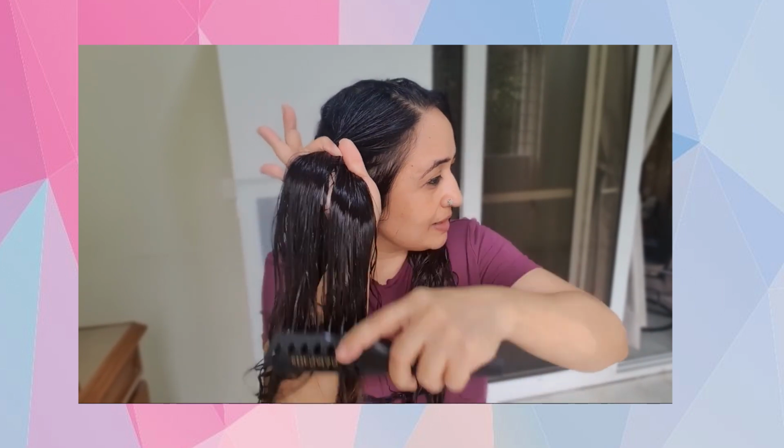It definitely takes out the tangles. And then I shake it up. I think this works really well, shaking up your hair so it forms its natural wave. I don't have the patience to go through clump by clump. I don't have that much dedication or time, really. So I'm just going to go through the whole hair. I'm going to remove all the clumps that are formed, all the knots that are formed,